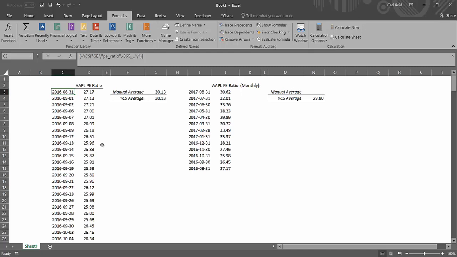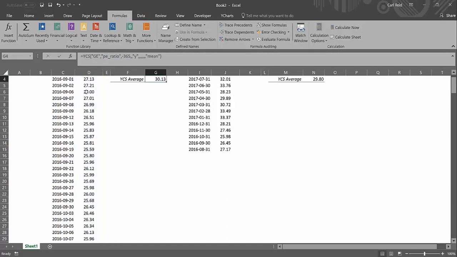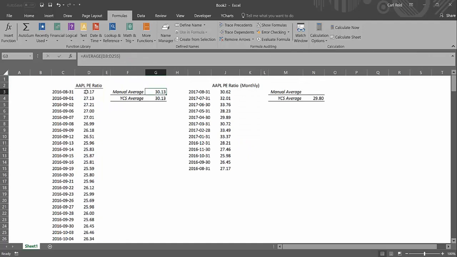And in the past, if you wanted to calculate the average of this PE ratio over time, we would have to hop over here and do essentially what I did in cell G3. And what that is, is hopping in here and going into Excel and manually calculating that average through one of their pre-made functions. However, with Excel add-in 3.18, all that functionality is built into YCS calls, so you can perform aggregate